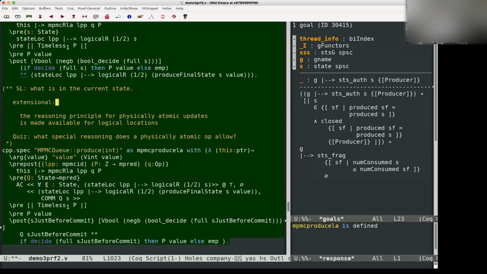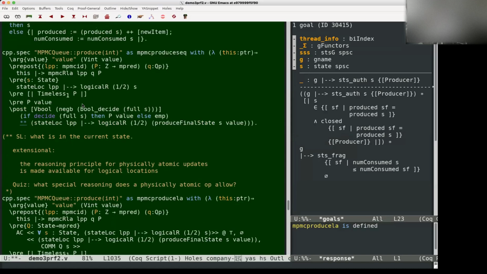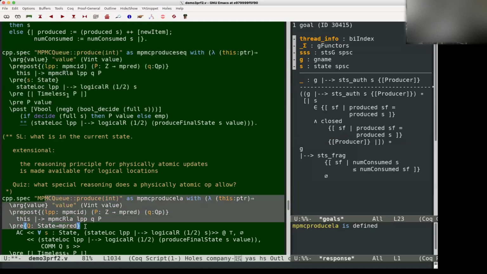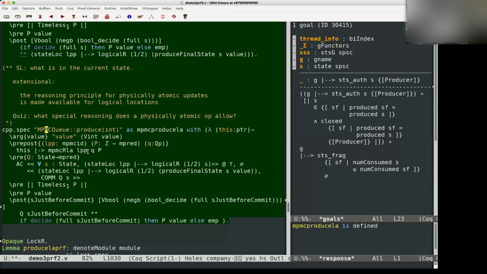But this is a very general spec. And now I'll show you what we can do that we could not do before. What we can actually do is derive the sequential spec from this spec. That's what we could not do before. So this spec allows you to use it in a concurrent way and in a sequential way. So I'll derive two specs from this. I'll derive a sequential spec,